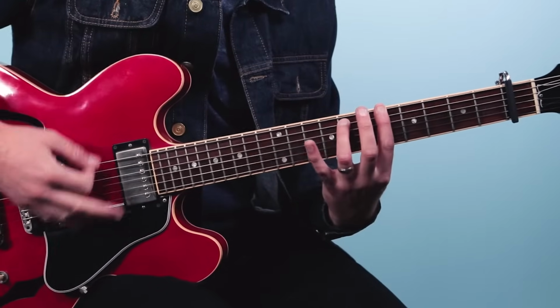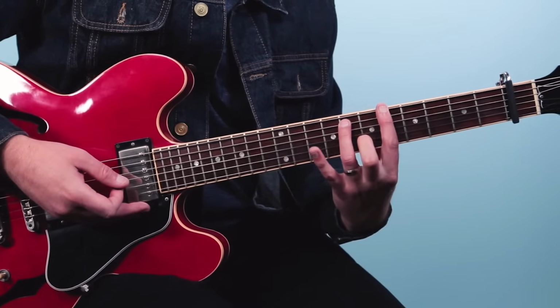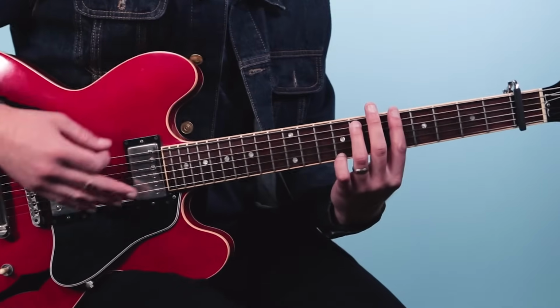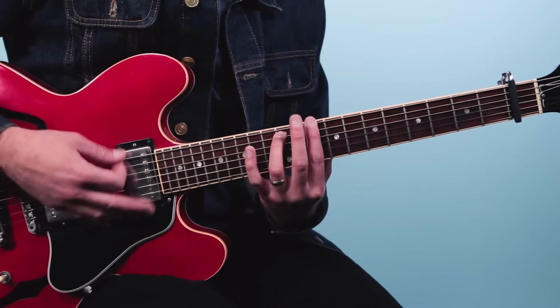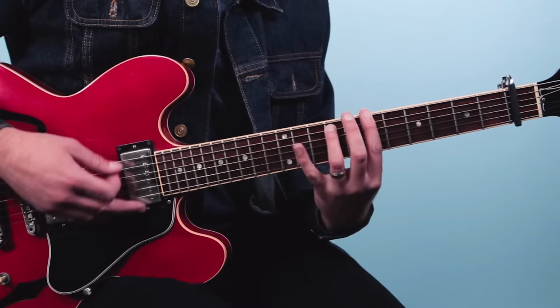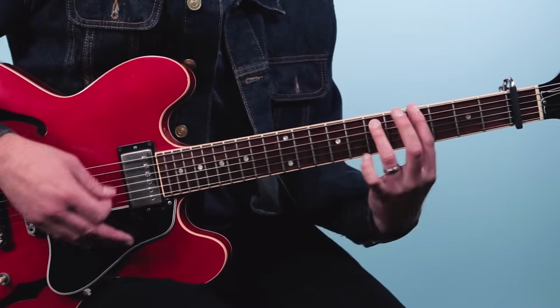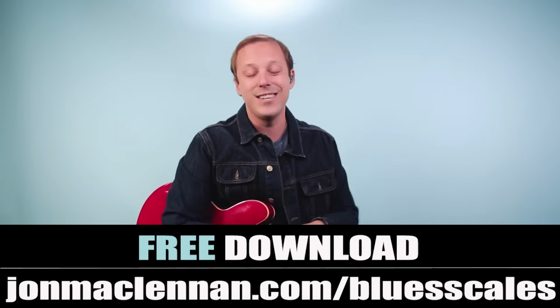stretch, right, like this. And one thing that will help you with that as well, if you want to play this pattern, which again you can learn in my other video, is taking it up higher up the neck, and then slowly work your way down and just start working on stretching a little bit each day, and over time you'll see that you'll be able to reach further and further. So keep practicing,